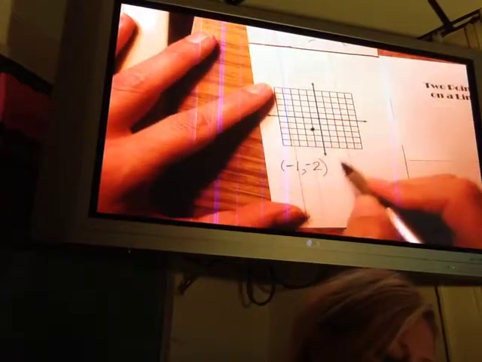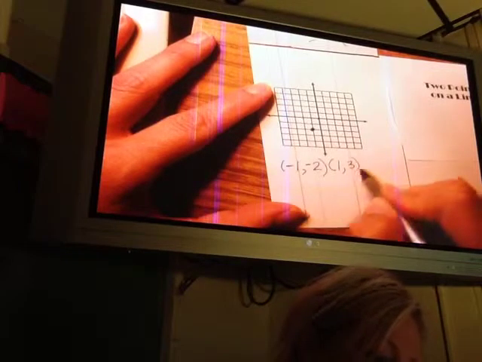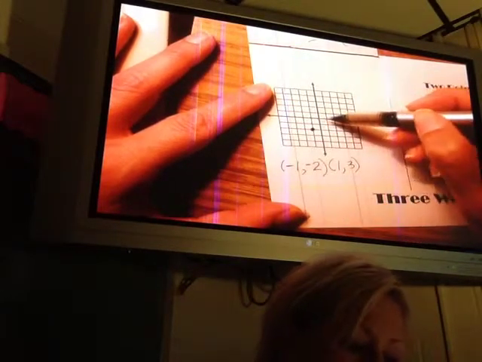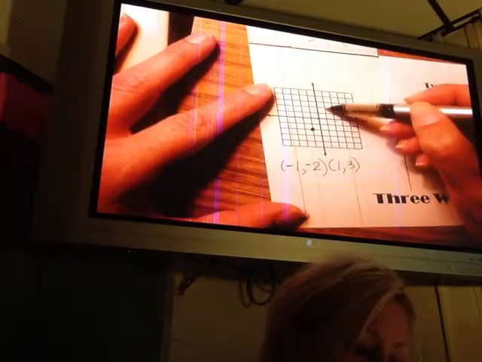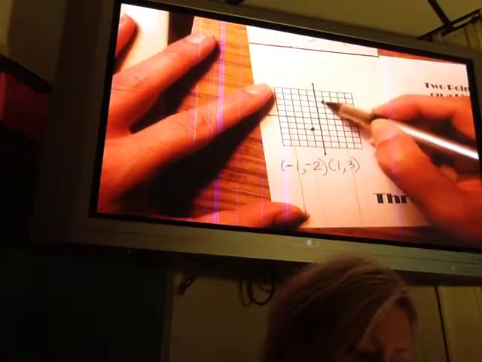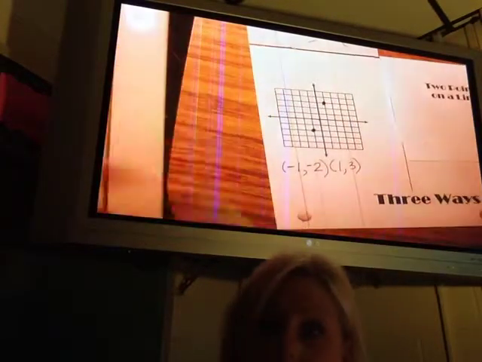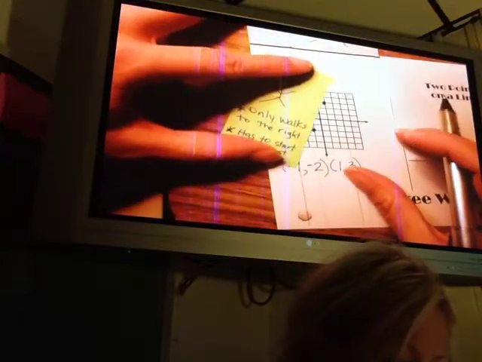Also put a point at 1, 3. So start at the origin. Go over to the right 1 and up 3. Okay? I'm going to use Joe as my ruler. So I'm going to connect the dots here